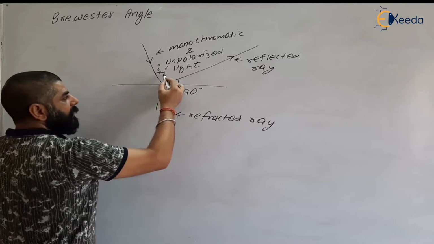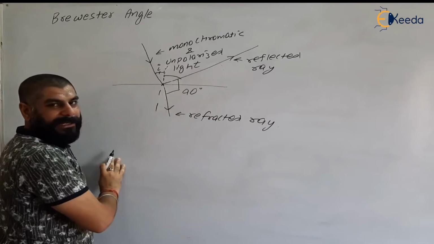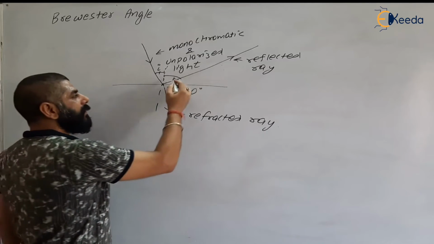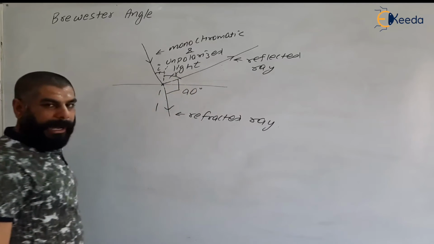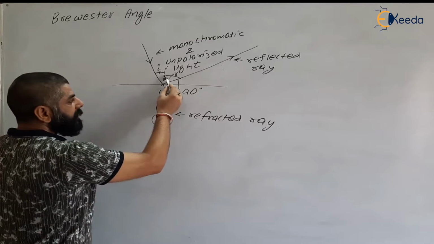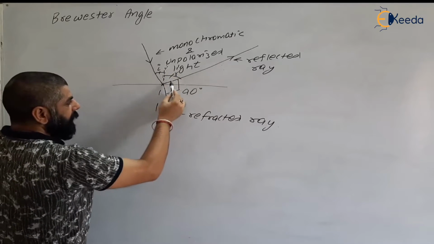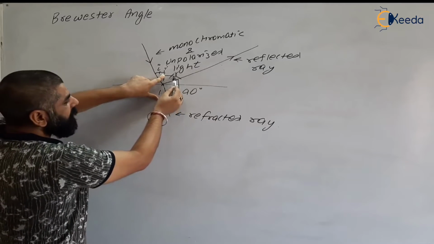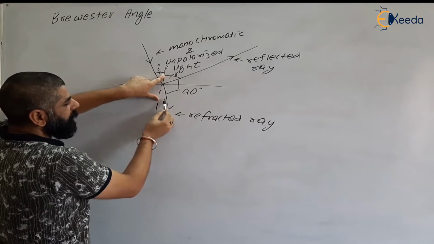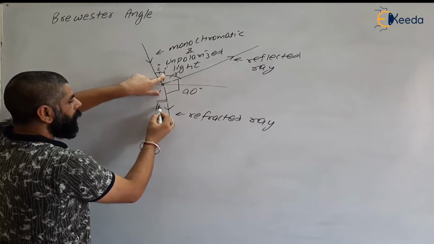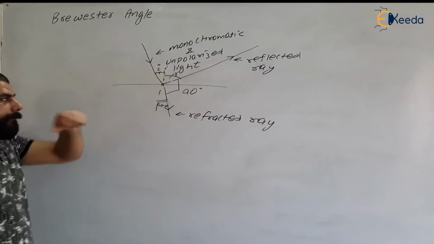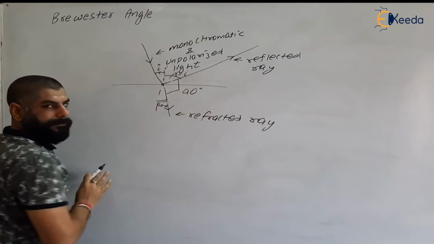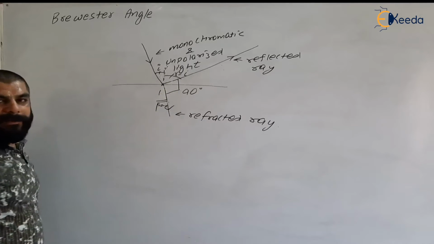This is the angle of incidence, this is the angle of reflection, and we know from the law of reflection that the angle of incidence is equal to the angle of reflection, so this is also equal to R. This is the normal. This complete angle is 180 degrees, a linear pair. So if this is R and this is 90, then this will be 90 minus R. And this R is equal to I, because the angle of incidence is the same as the angle of reflection.